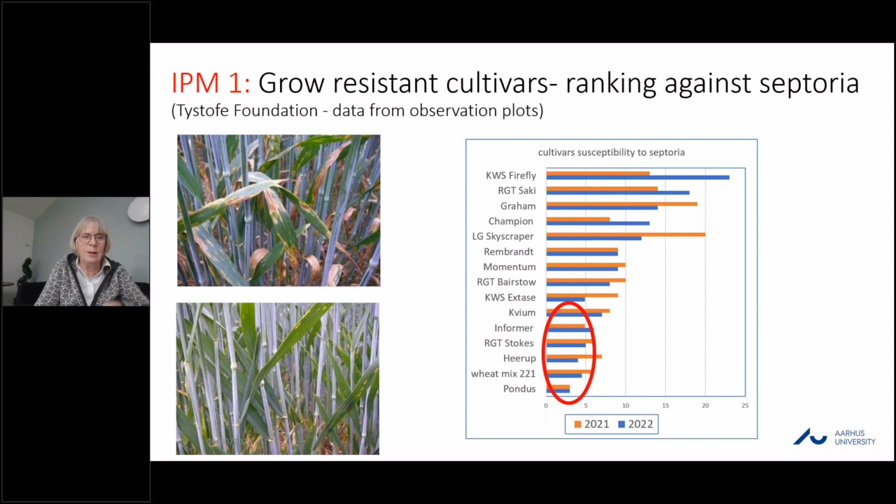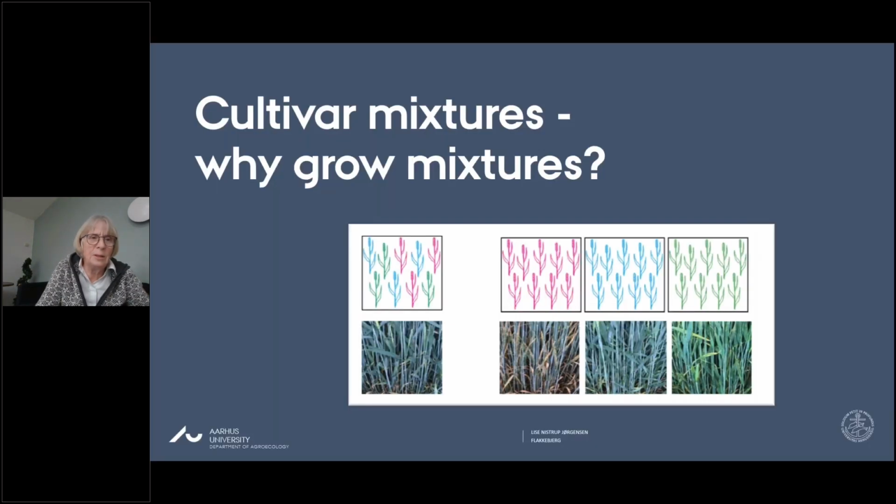We have specifically had a lot of discussion about variety mixtures, cultivar mixtures, and so the good question could be, why should we grow these mixtures? Typically, when we compare the benefit of a mixture, we always take the average of the 3 components, and then we compare that with the output from the mixture to see if there's a benefit or a negative benefit from this mixture. So when I show data in the next slides, it will all be about this comparison between the data from the mixture and the average of the components.